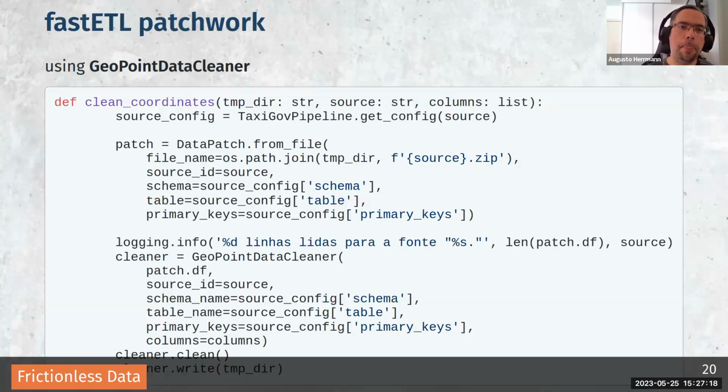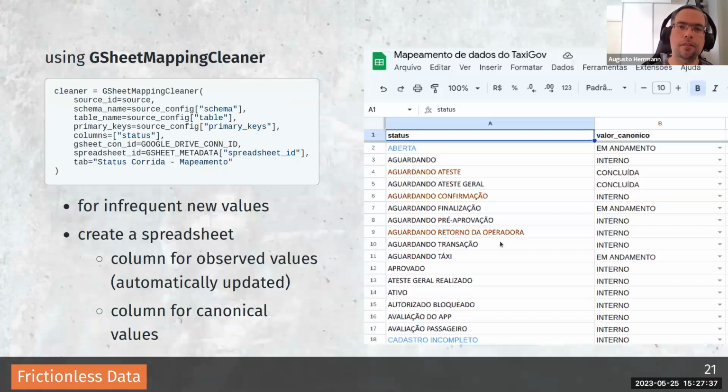And this is the code we use for data patching. It uses some heuristics, like trying to figure out which the actual latitude and longitude numbers should be based on the messy number you find in the data. And this is another example of a data cleaner that uses a mapping that we do